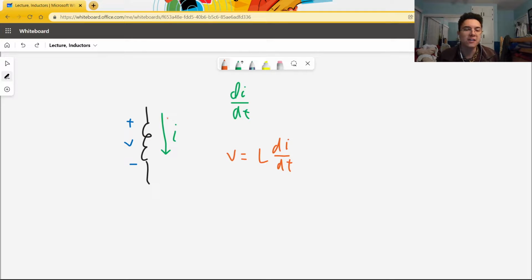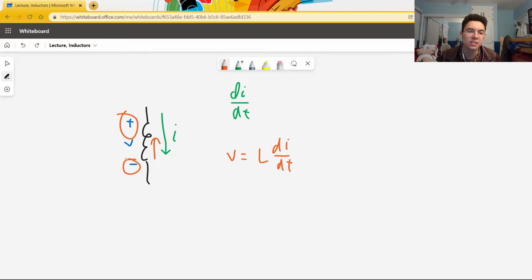On the other hand, if the current increases, di dt is positive. If the current increases, the inductor will try and resist the increase in current by pushing particles back in this direction. That is, the inductor will cause this voltage to be higher than this voltage because it's forcing the particles back up, which means that if this voltage is higher than this voltage, there is a voltage rise in this direction and a voltage drop in this direction, which means V must be positive in the case that the current